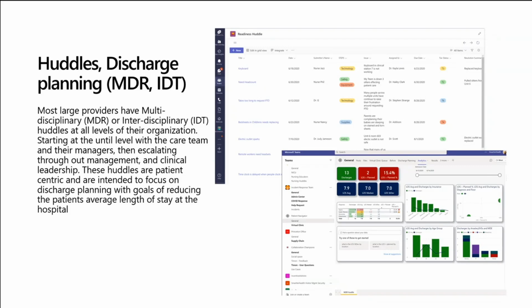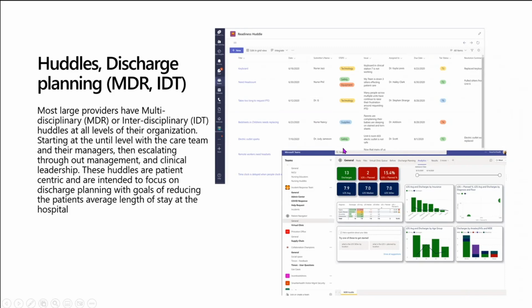One concept is that of working out loud or working out in the open by way of creating something that looks like a Kanban board or something that looks like a record keeper of different sorts. Now, in this case, in my example that you see on the screen, the readiness huddle is created on a SharePoint list with custom fields created by individuals that are part of the system, right? An example of reviewing the analytics so created on such a data source is in the following visual that you